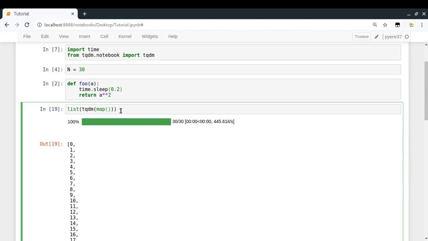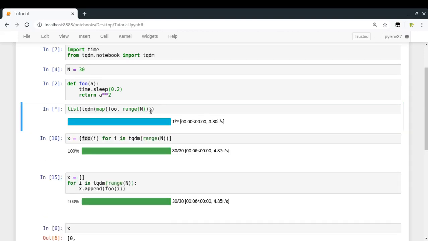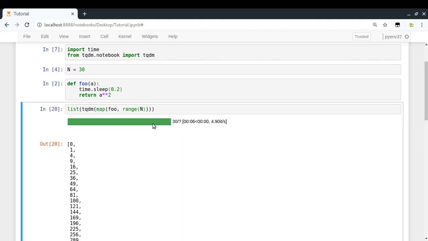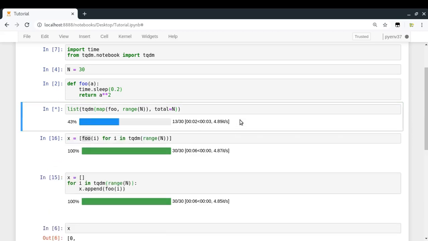So for that I'm going to use the map function with foo as the function, and I have to iterate over range(n). Okay, so now you can see that we are getting the count, but we are not getting the progress bar in the full form because it doesn't know how many times it has to run. Why? Because the map iterable doesn't know how many times it's going to run. So what I'm going to do here now is introduce the total. We are going to put total equal to n. What it will do is tell tqdm explicitly how many iterations we are going to have. So now it is looking perfect, and it's going to generate the final result for us.